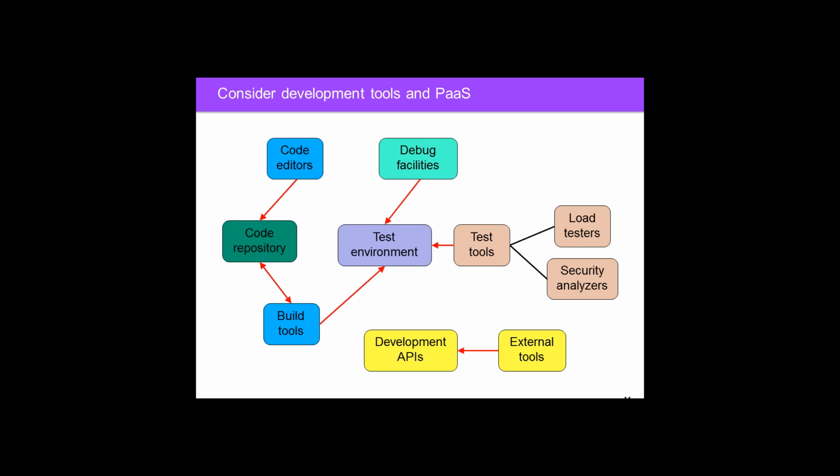Now, those may be all built into the PaaS environment, but of course we know that developers have their favorites and may prefer to have workstation-based tools, either command line or GUI type tools. Those external tools can often be plugged into these PaaS environments through a set of development APIs that the PaaS makes available. It's important to look out in the PaaS for those to be available because you want to be sure that the tools that your developers are most comfortable with can plug in and can be used with the PaaS environment you're going to use.